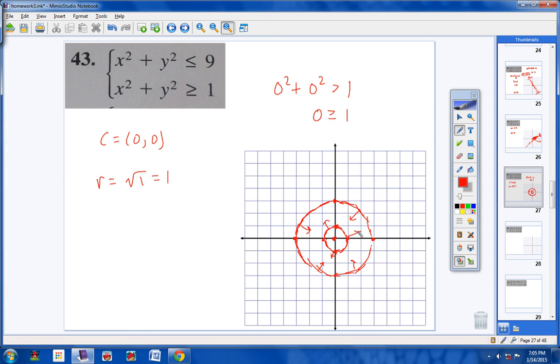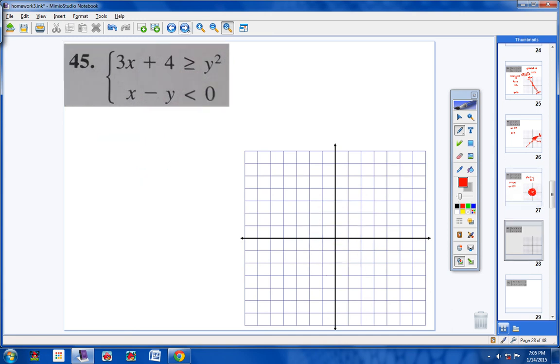Now the outer circle is saying to shade in, the inner circle is saying to shade out. So it's going to be like a donut. We're going to color this part of the ring right here. And so there we go. Alright, moving on to number